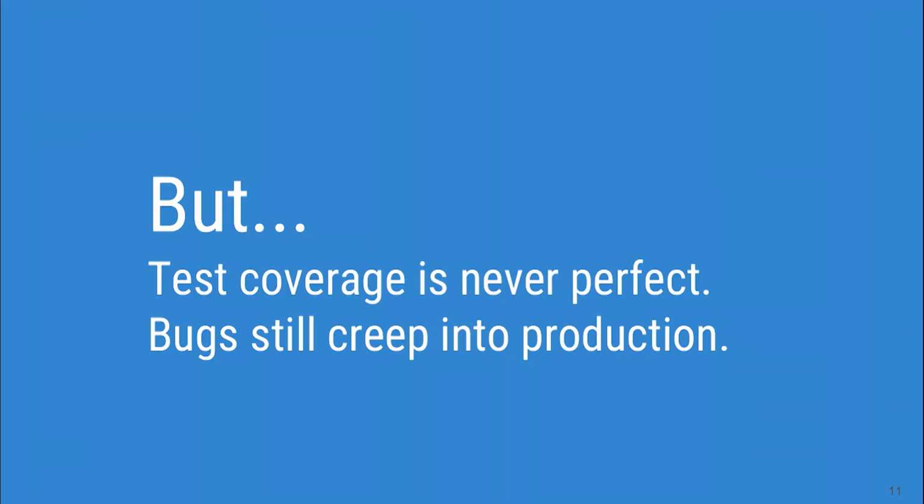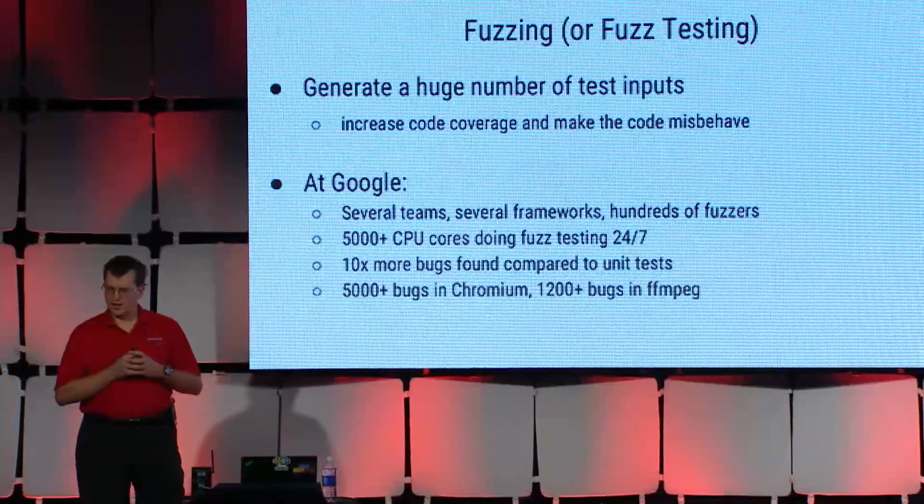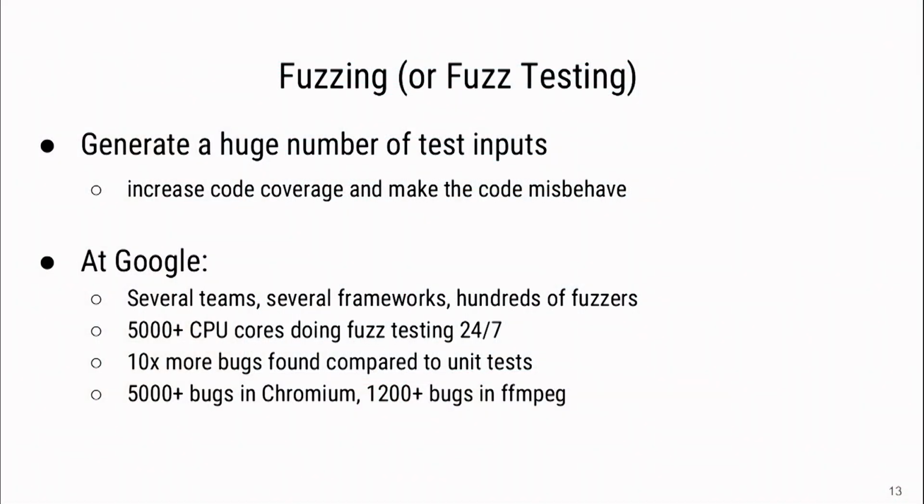But the test coverage is never perfect. It is actually usually quite bad, but if you think about targets that the bad guys would look at, I would say that test coverage is very poor, almost always. So the bugs still slip into production. And this brings me to the second part of my talk about fuzzing. Several people mentioned fuzzing already, and this talk is too small to explain fuzzing in more detail, but I will try to do it in one sentence.